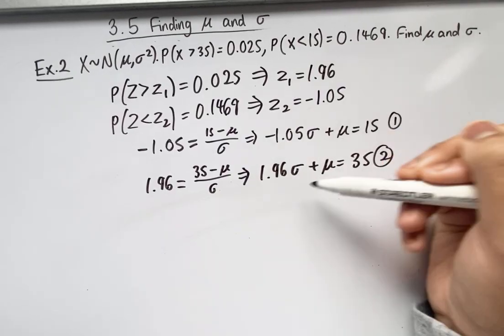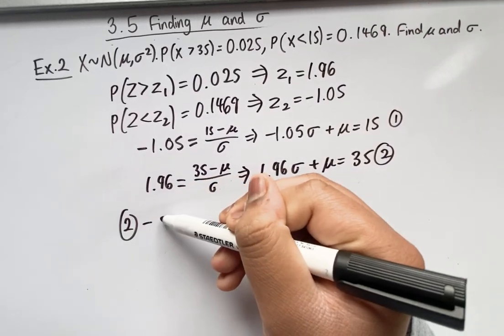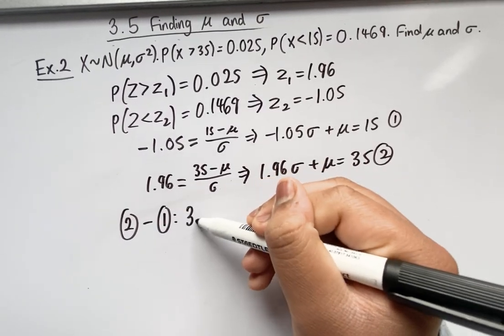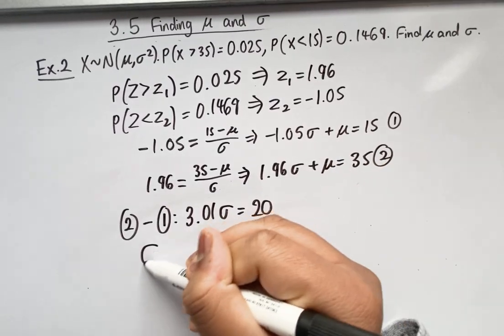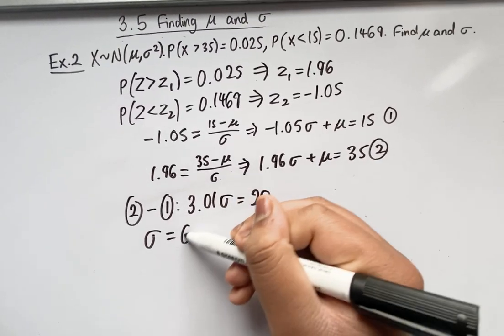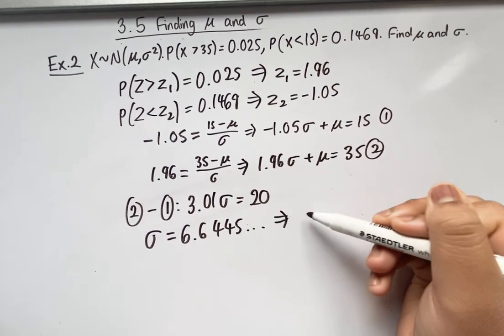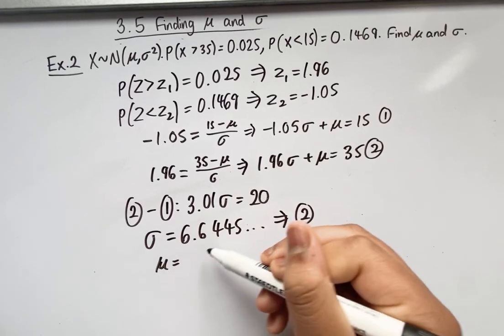Now we need to solve these simultaneously. So we can eliminate mu by doing equation 2 subtract equation 1, which gives us 3.01 sigma is equal to 20. And so sigma will be equal to 6.6445 and so on. And we can sub this back into equation 2 to give us mu is equal to